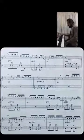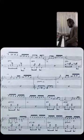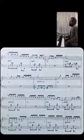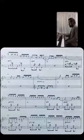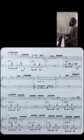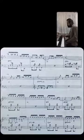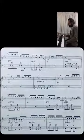Let's see the last phrase. Alright, very nice. I'm gonna do one more time. Very nice. The phrase is here. Let me review everything. Let's see what comes next. It's a G major and very easy because of the arpeggio of the triad, and after that the arpeggio of the triad on the 16th measure,